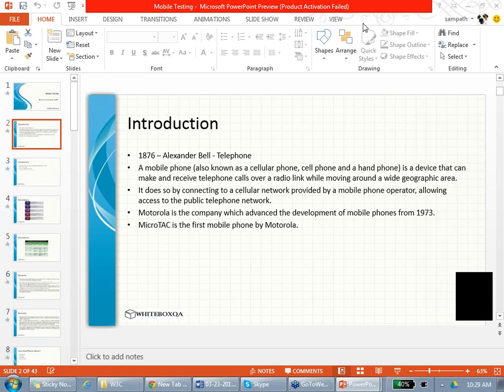Alright, I am back. So, who started mobile phones first? Motorola company. Motorola is the first company to create a mobile phone. It used to be a huge handset and it cost like $3,000, $3,500 at the time. It was called the MicroTAC.